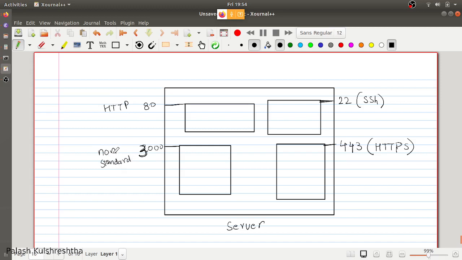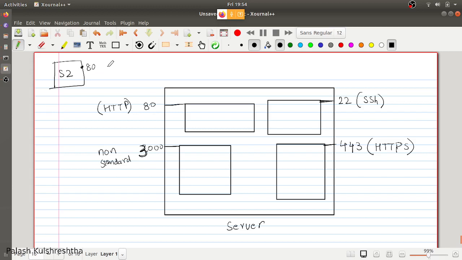So there are two types of ports. One is standard ports. These standard ports are basically industry conventions that if you want to run a web server, you will run it on port 80 so that everyone can understand. If you want to interact with another web server in a far off land, you know that you will interact over HTTP on port 80 and it is going to understand it if it is following the convention.